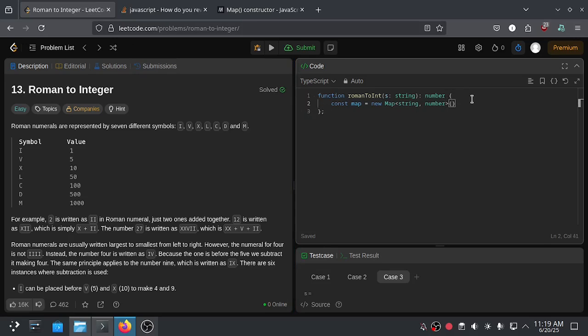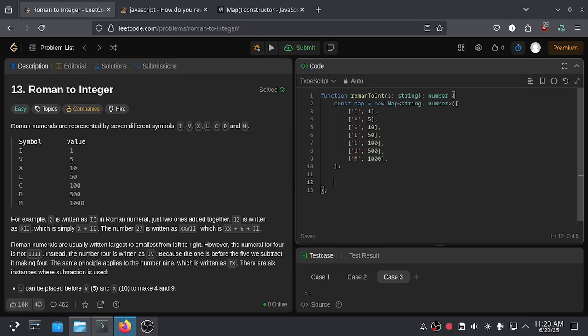Inside the brackets, we can define the array, and then pressing enter, we define the I string and a comma, with the value of 1 as an integer, and copy this and paste it for V, X, L, C, D and M. Finally 1000. So we already declared the map, so TypeScript can read it easier because it's in the form of a mapping or a dictionary.